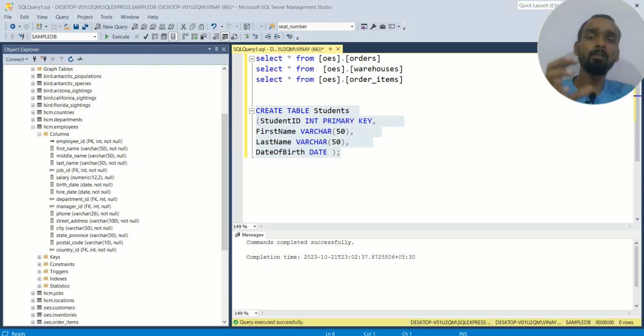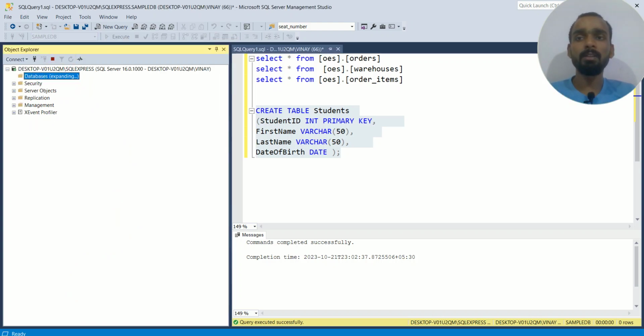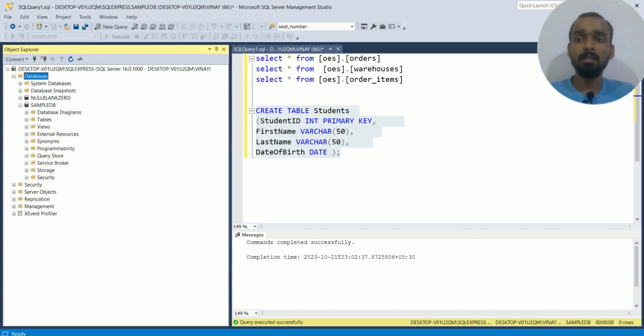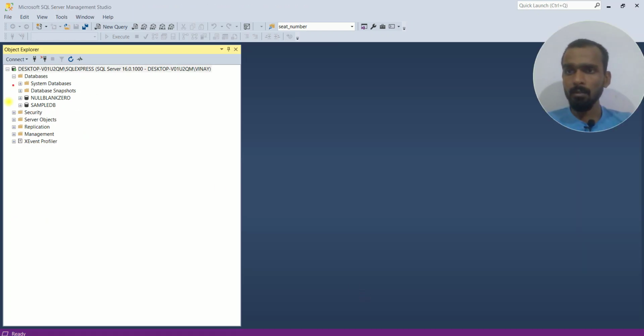Whenever you have done some updation or deletion, go over there and refresh. It basically refreshes the Management Studio. We know the database is sample DB. Click on that, then Tables, and find the student table.